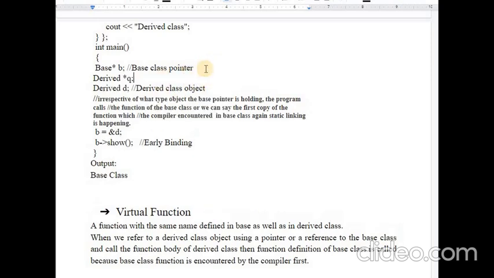We create the derived class pointer and pass the same derived object address, replacing it with q. Instead of the base class pointer, we pass this address to the derived class pointer. Now in this case it will display the derived class. Here the output will be derived class.